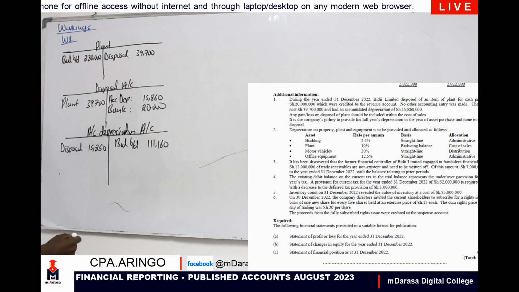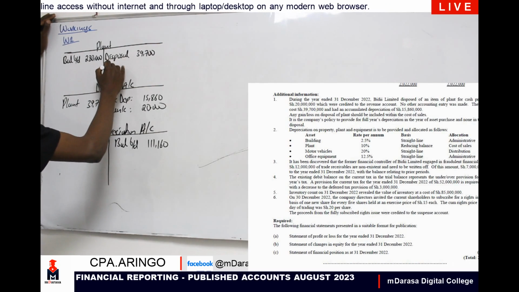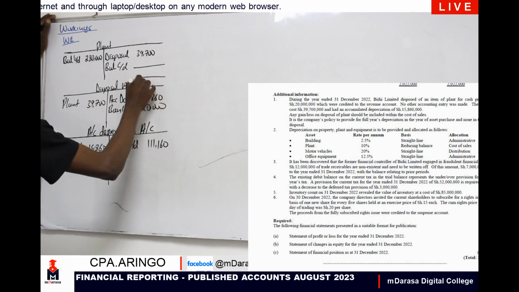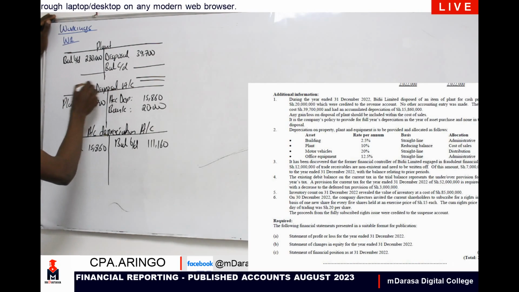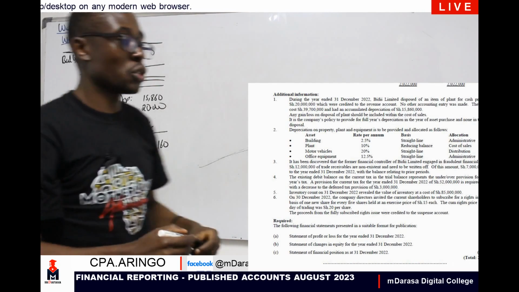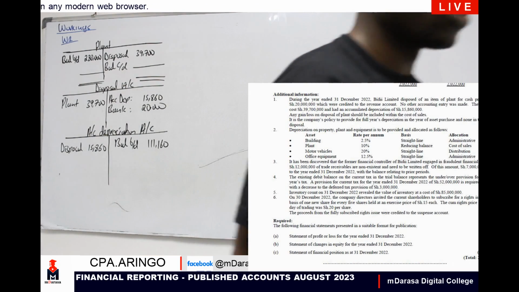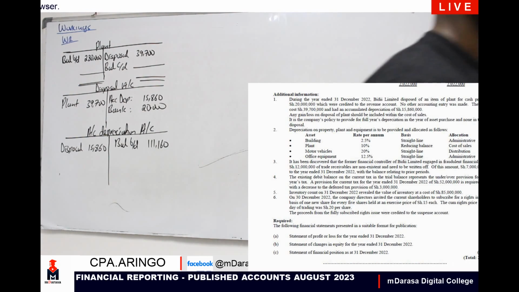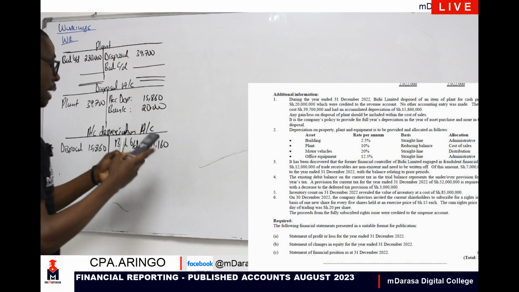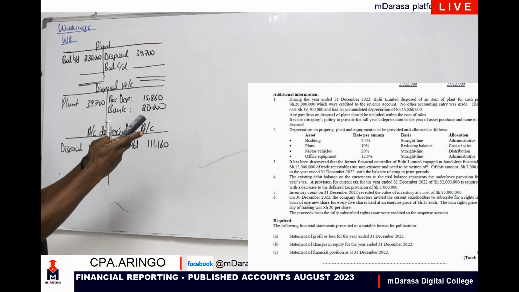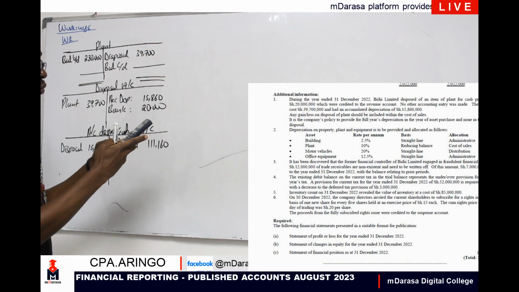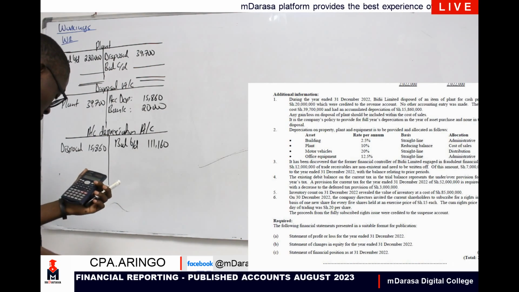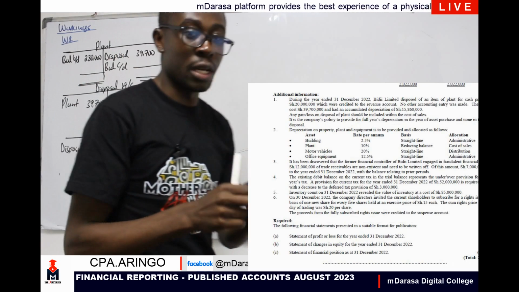First of all, on my plant, what will I be having in my plant? I'm having balance carried down, because in our notes, we've not seen anywhere where we had another effect in relation to that. Unless it appears, of course, we'll be able to treat it accordingly. So in that case, I should be having my balance carried down to be 280 minus 39,700, which will give us a value of how much? I'm getting 240,300.